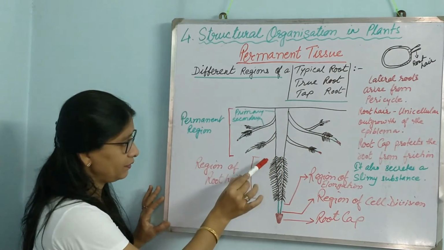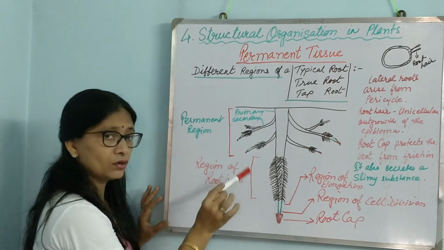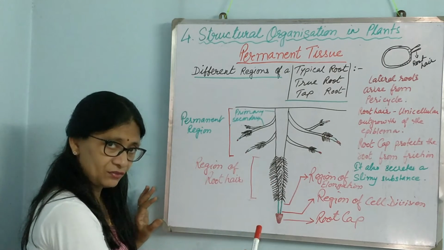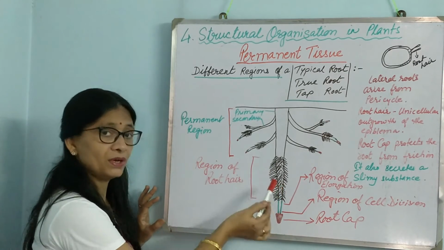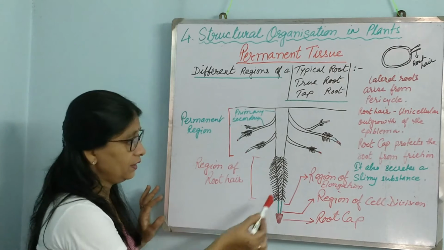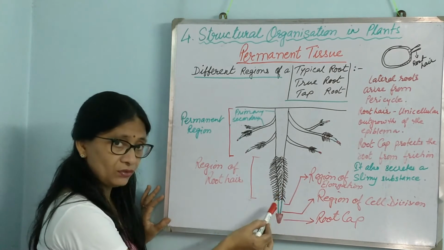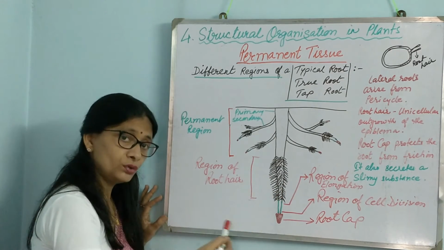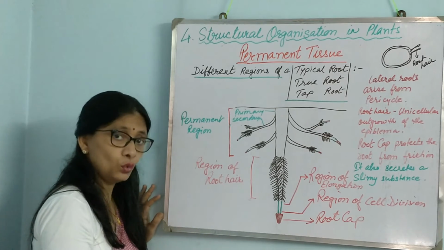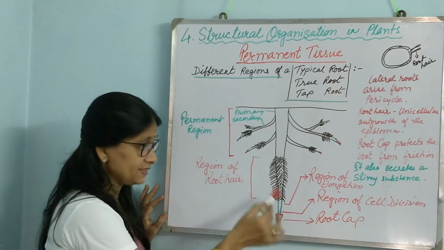Then after the permanent region there is a region of root hair. Lots of unicellular root hairs are seen in this region, and these root hairs help in absorption of water and minerals from the soil. After root hair there is a region of elongation, which is responsible for the increase in the length of the root, because the cells here